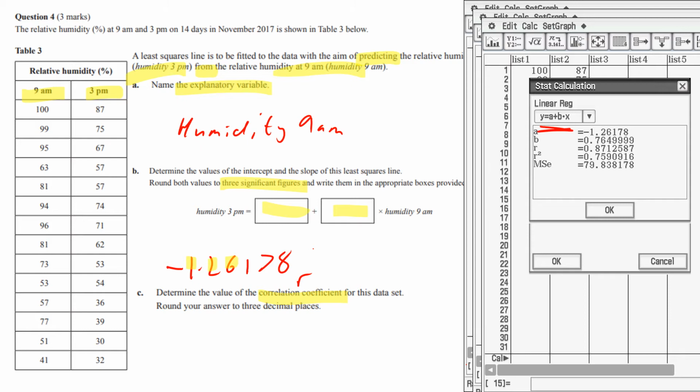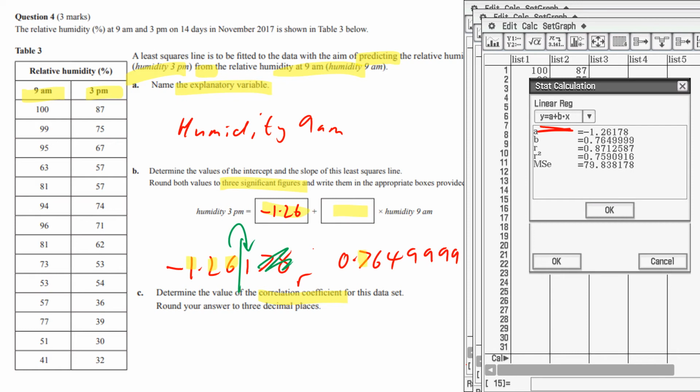Let's do a different color for this, otherwise it's going to get a mess. Draw a line. The 6 looks at the 1, 7 and 8 don't matter. 0 to 4 stay on the floor, 5 to 9 climb the vine. So we know we've got minus 1.26. And then we can do exactly the same thing for the other number, which is the B. We've got 0.7649999. And so we start counting from the first